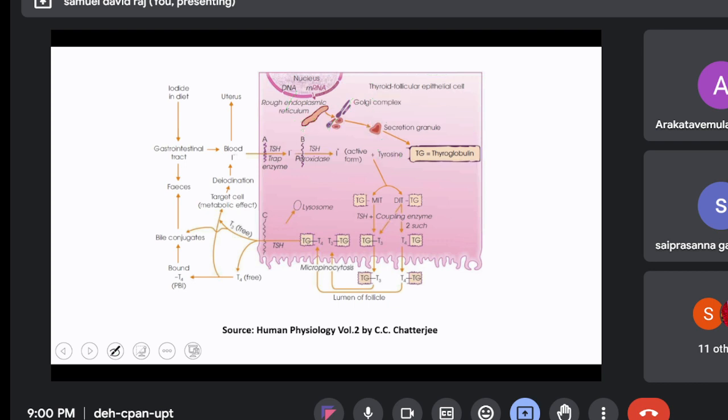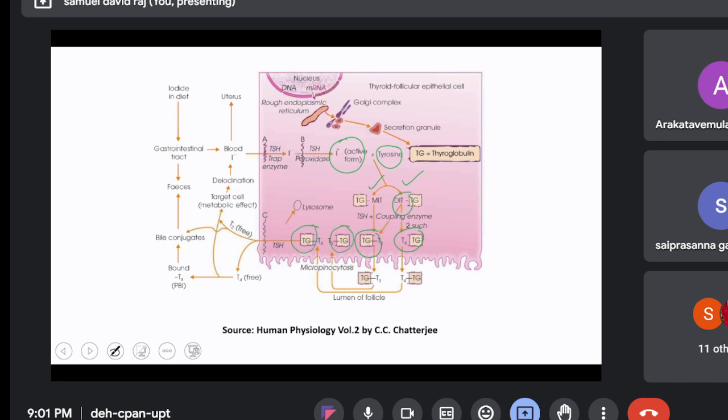And this glycoprotein has a number of tyrosine residues to which iodine is added, a process called iodination, resulting in mono and diiodotyrosines. Mono and diiodotyrosine undergo coupling to produce T3. Two diiodotyrosines undergo condensation to produce T4 hormones. All these are part and parcel of the